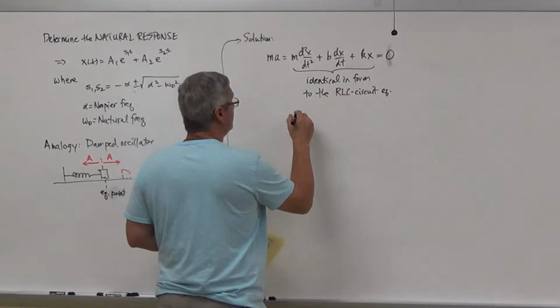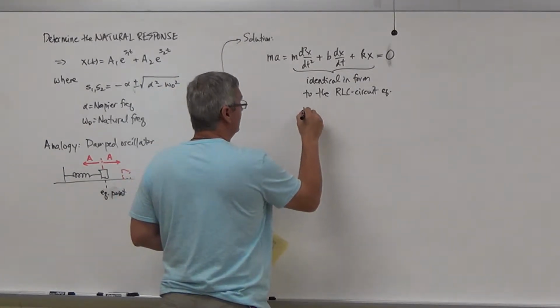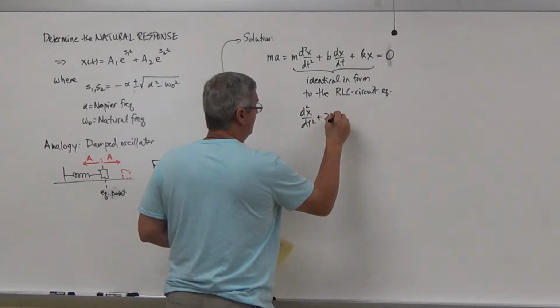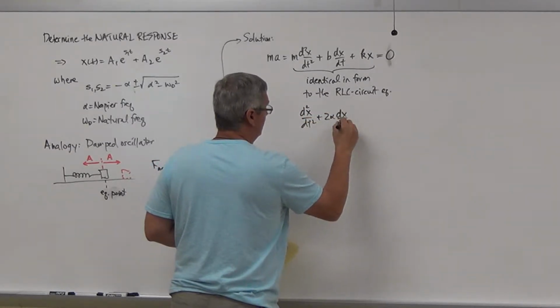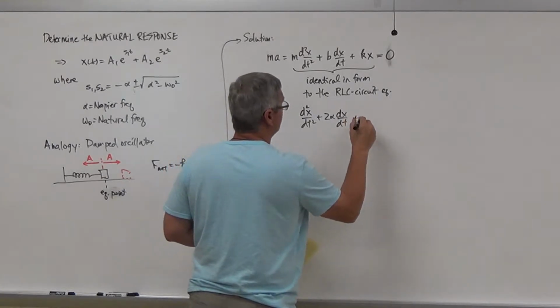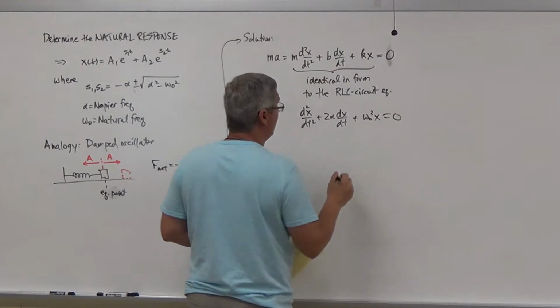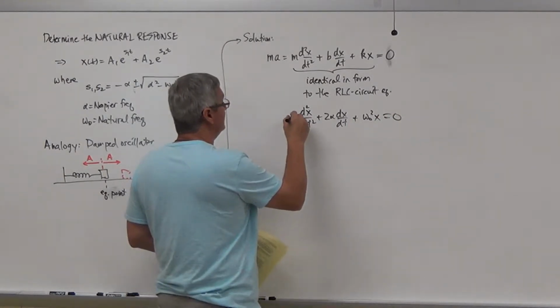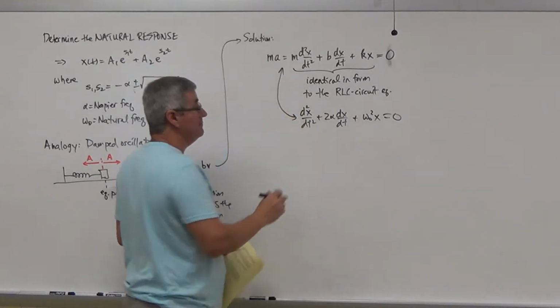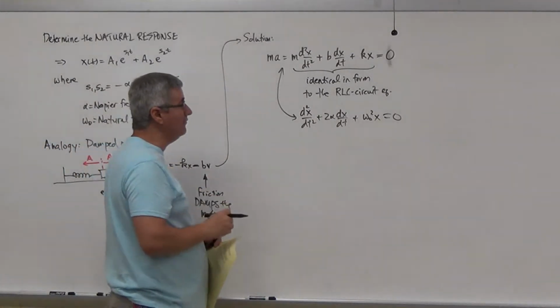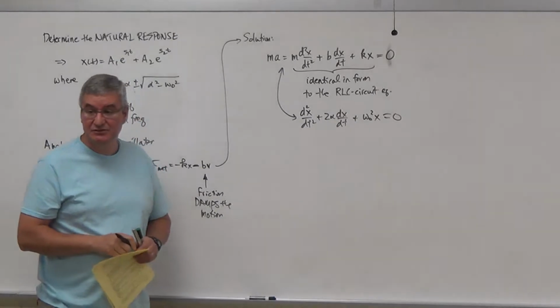So if I look at our equation, it looks like what? Plus omega naught squared x. So for the natural response, you can see that these two equations match up. That means when I have a circuit, an RLC circuit, for example,